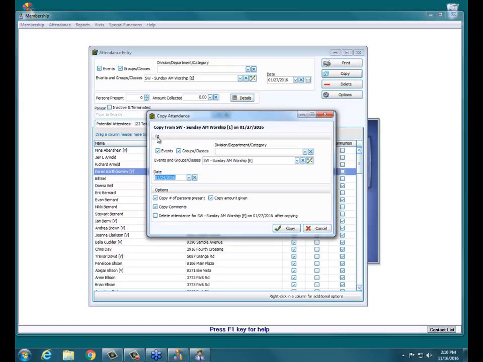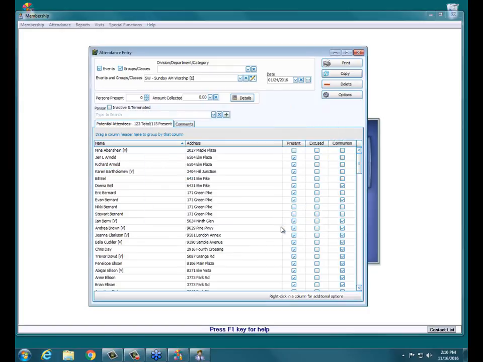So I'm copying it to January 24th. And then this last checkbox down here in the options section, that's kind of the most important part of this screen. This gives you the option to delete attendance for the old date. In this case, since it was entered in with the wrong date in the first place, we do want to delete that attendance. So if we have that checked and click copy,